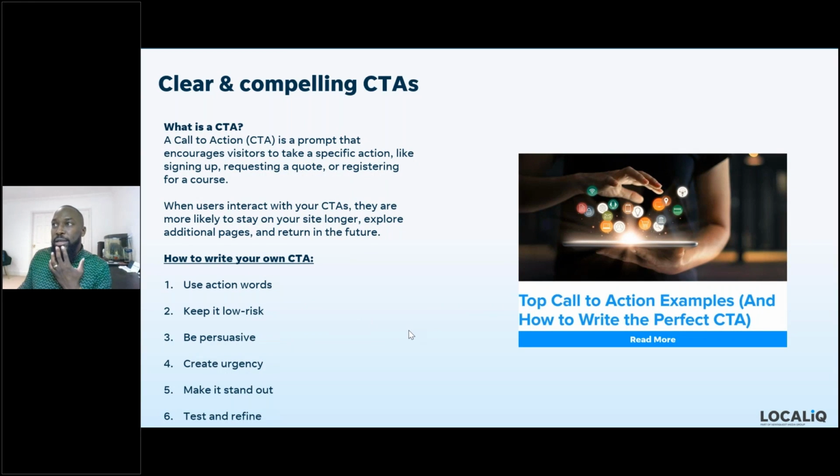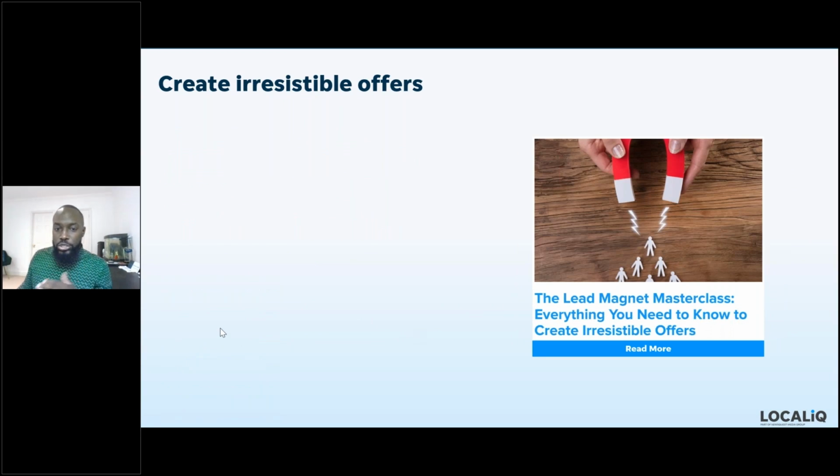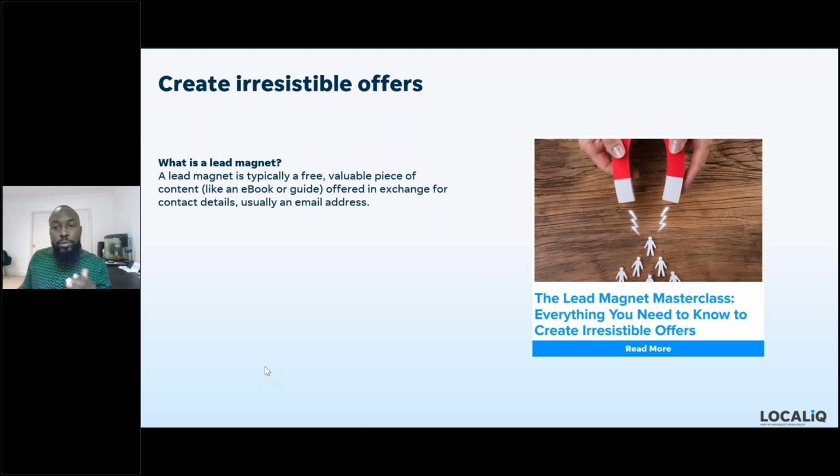And then one other thing that I want to mention is, don't forget about lead magnets, because they can be very effective in helping your business drive people to respond. A lead magnet pretty much is a valuable piece of content that you offer in exchange for someone's contact details, usually their email address. So think of it as a friendly trade. You give them something that they really want, and then they'll give you a way to stay in touch with them. And that's really important because